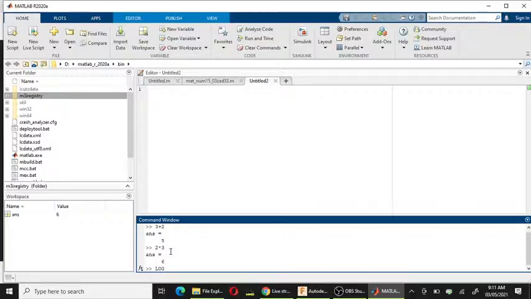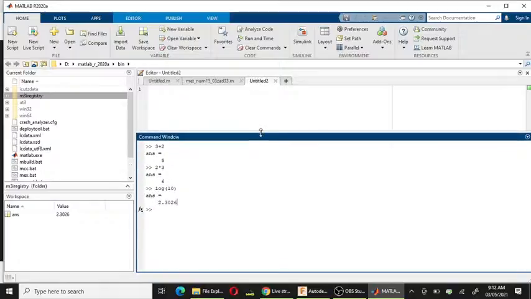Or also the natural log of 10, which is 2.30206. You can do it by hand, but this is very handy for calculations. Okay, I am going to expand a little.